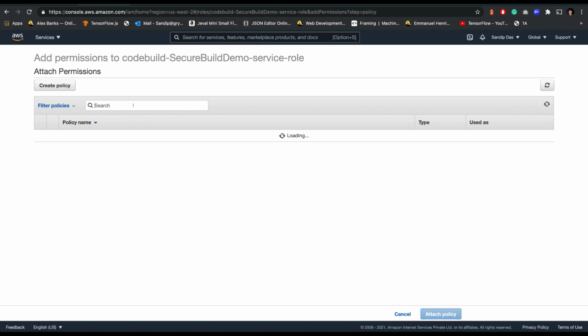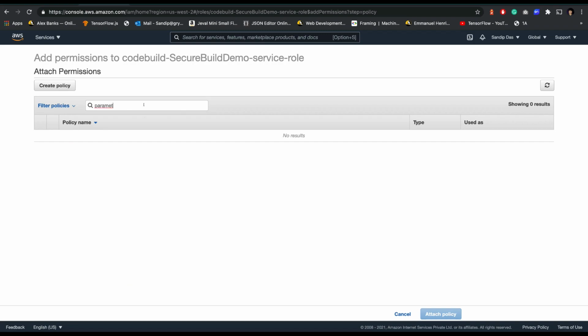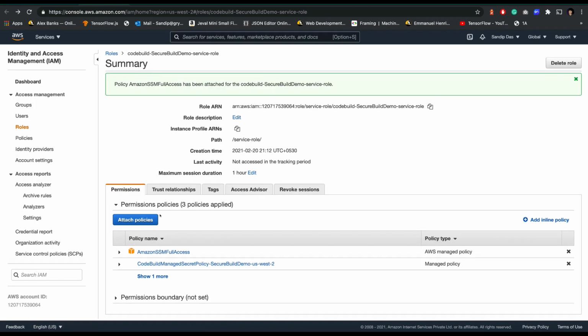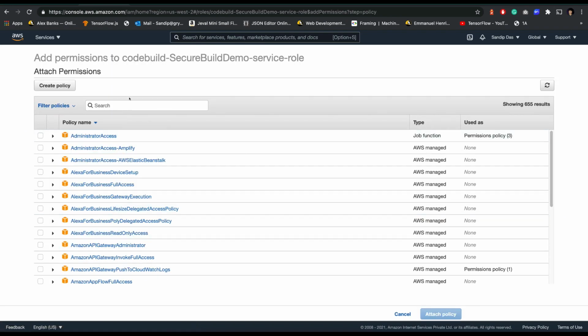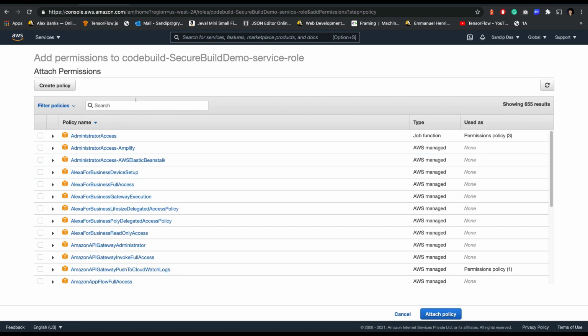So search for parameter or SSM. SSM full access, and another one, I can add two at once, that's okay. S3 full access, and what else do we need? CodeDeploy.